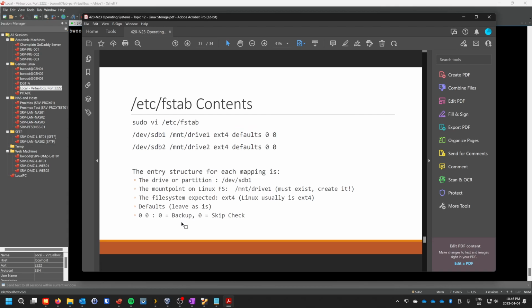The two last zeros are to skip the check of the drive when you start up, so it doesn't scan the drive every single time, which wastes a lot of time. And the first zero is the backup status, whether it needs to be backed up. So usually 0 0 is enough. Now,